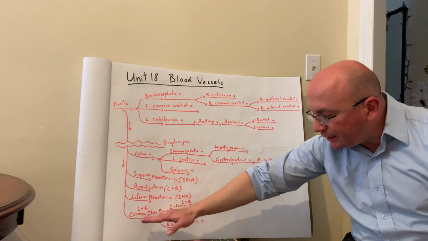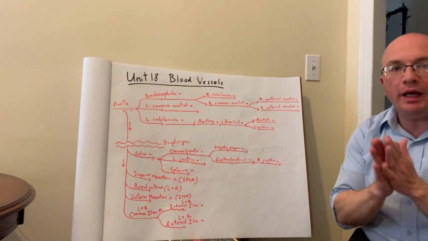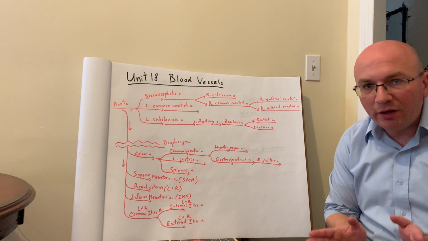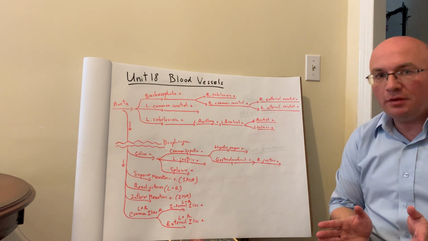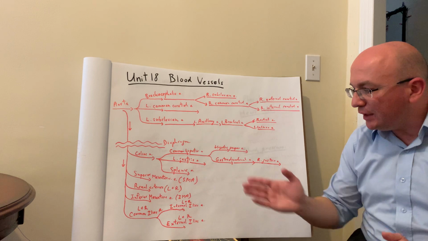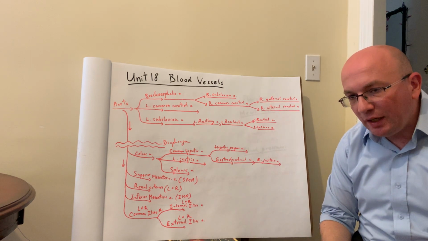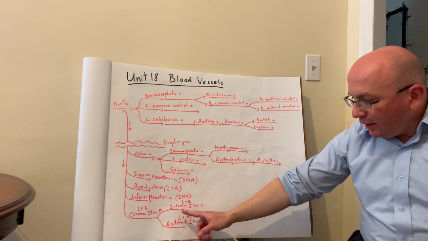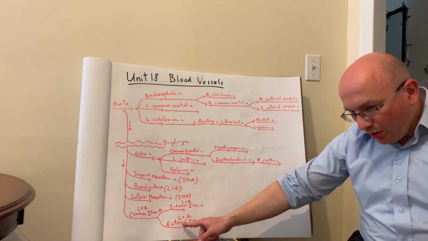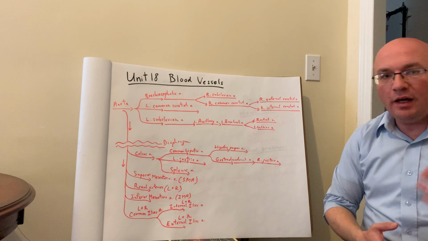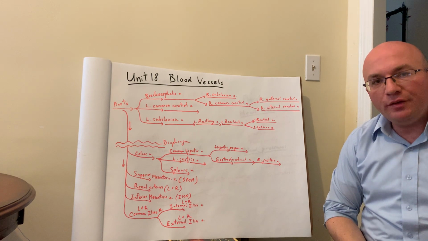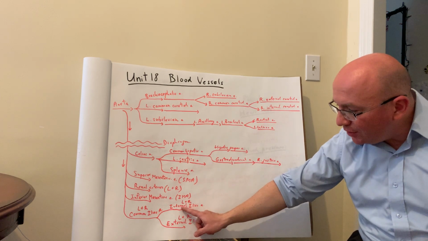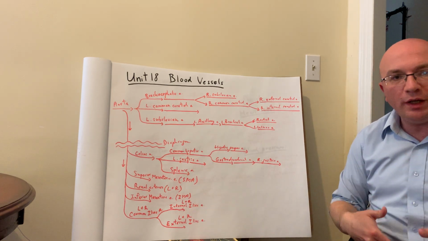Once we get across into the pelvis, we finally end the aorta, and it splits into left and right common iliac arteries. And again, iliacs reminds us that we are in the pelvis. On the right side, we have the right internal iliac and right external iliac, and on the left side, left internal iliac and left external iliac. The way we're going to separate them is that the internal iliacs are going to go straight into